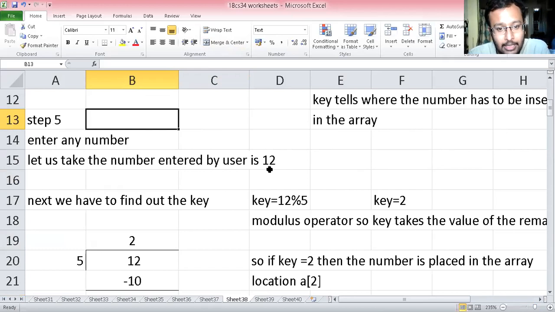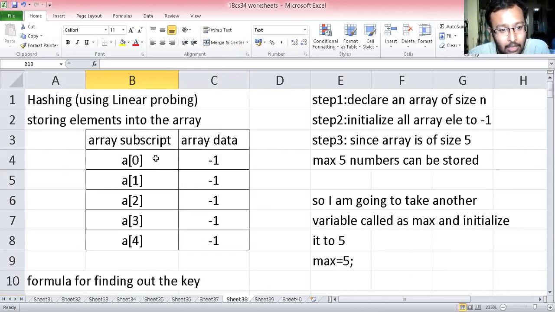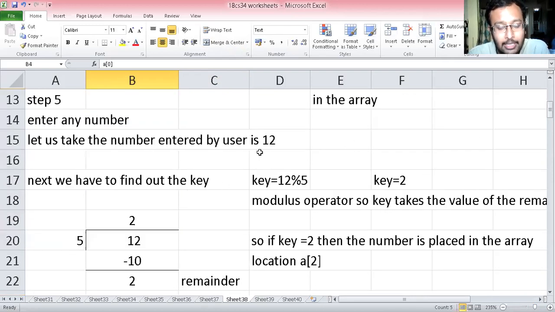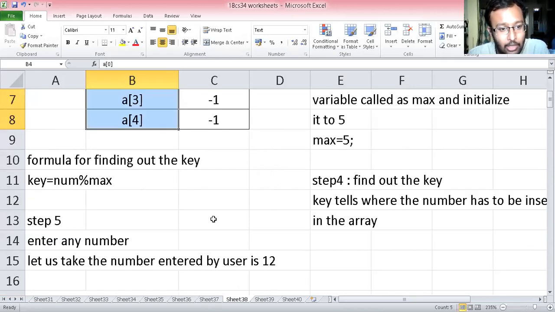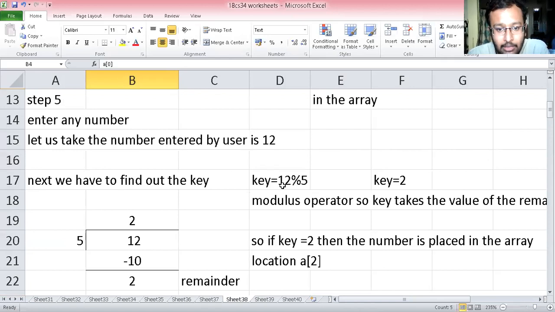Let us see at which place out of these 5 locations 12 is going to be inserted. How to find that? First we have to take this formula. Key is number mod max. The number you have given is 12, modulus of 5.